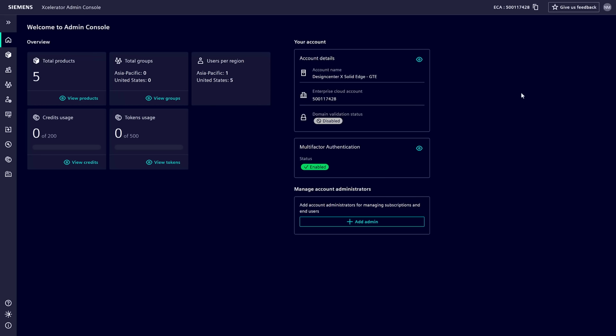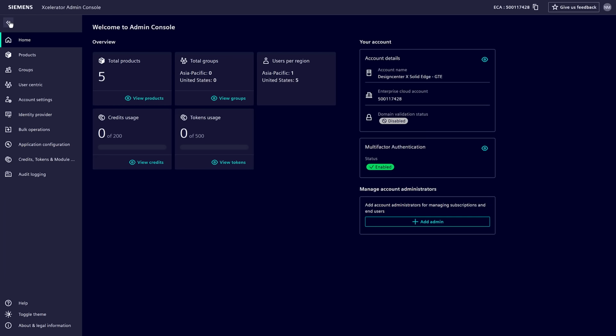Today I'll show you how this powerful administrative interface enables efficient management of your digital transformation initiatives across the Siemens Xcelerator portfolio. Let's start with the main dashboard. Here you can see at a glance: System Health Indicators, User Activity Metrics, License Utilization, Recent Administrative Actions, Quick access